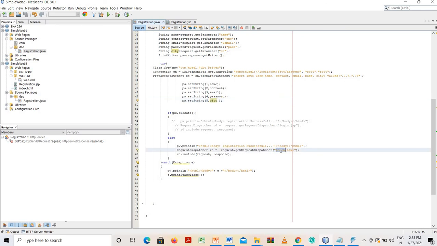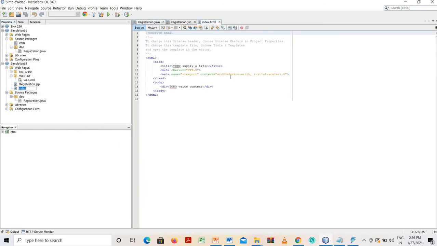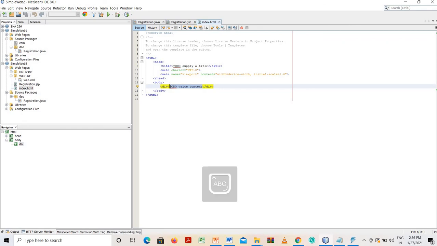the next page, that is index.html, for example. So I will open here index.html. When your registration is successful, you will be redirected to the next page. So that next page is, for example, welcome to the JSM Infotech, a step towards digital India and make in India,